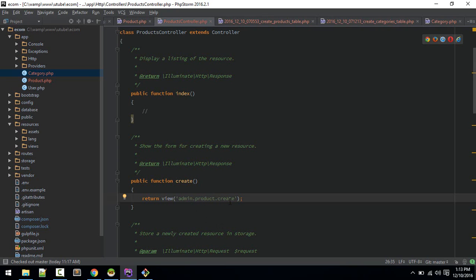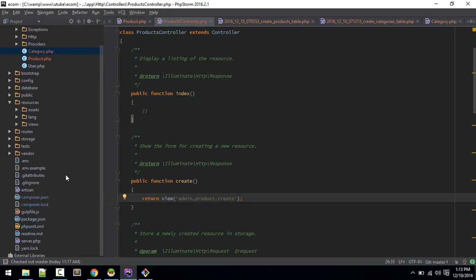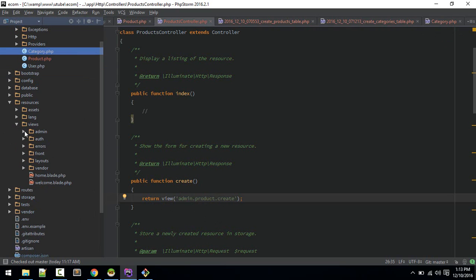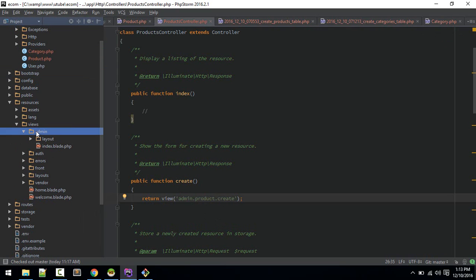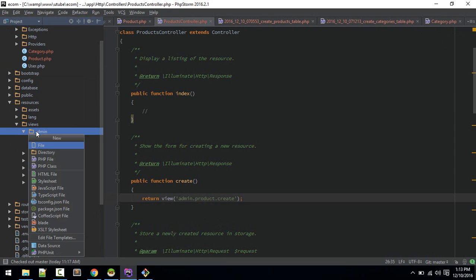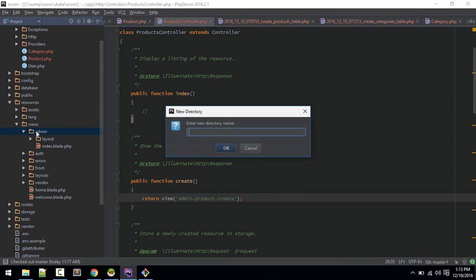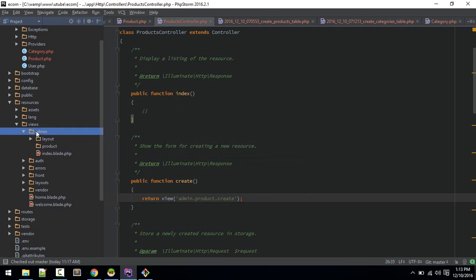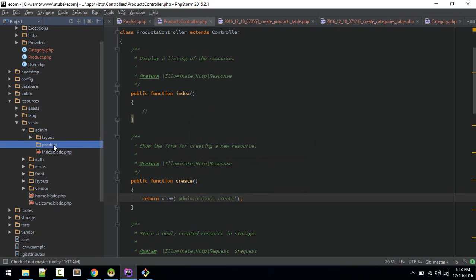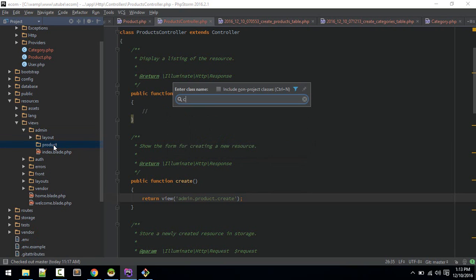Now let's create this folder inside admin. Okay, so in resources views, we already got admin, and here we'll create a new folder called product. Just follow convention. If you want to create other views in plural, just create one. I will just go with singular. So here we'll create a